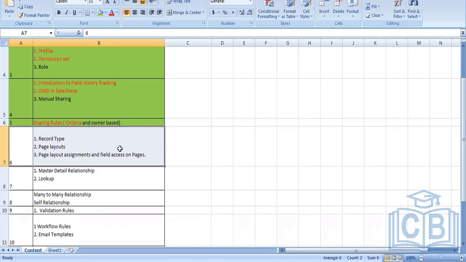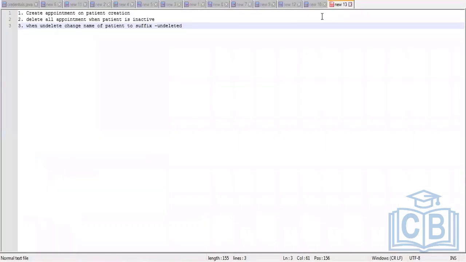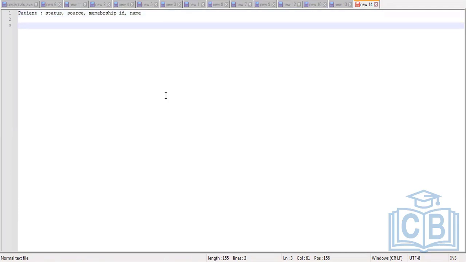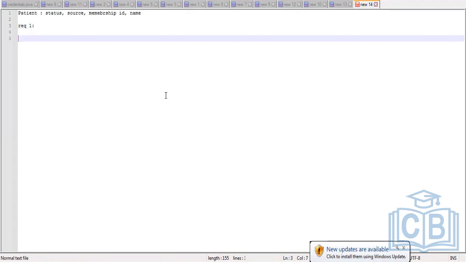Before we cover them, let me tell you the requirement, and with the help of that requirement, we'll be covering the subtopics. So my requirement is on patient, I have status, source, and membership ID and name, right? So my first requirement is